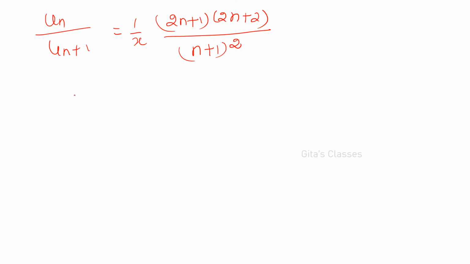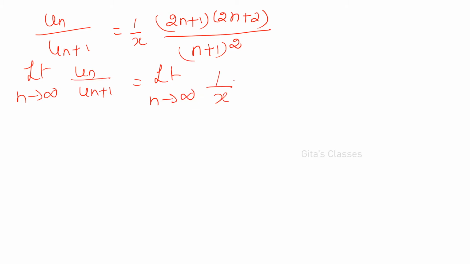Right? So now you have to find out the limit. The first is ratio test only. So limit n tends to infinity, un by un plus 1 is equal to limit n tends to infinity, 1 by x you write as it is. Here in the numerator you will have n squared. I can take 1 n from this term, 1 n from this term. So n squared into 2 plus 1 by n